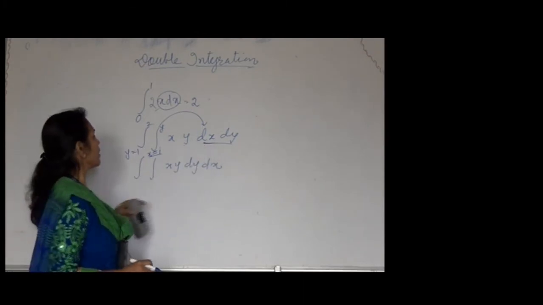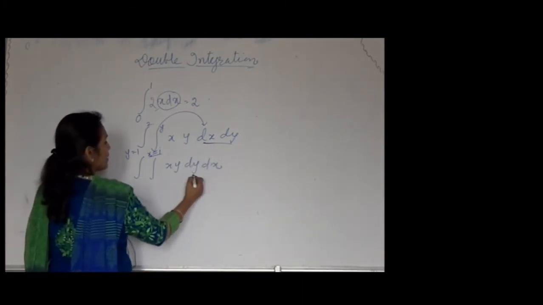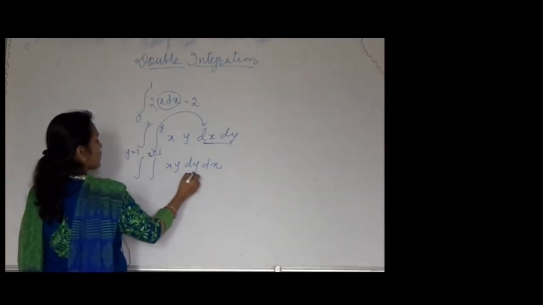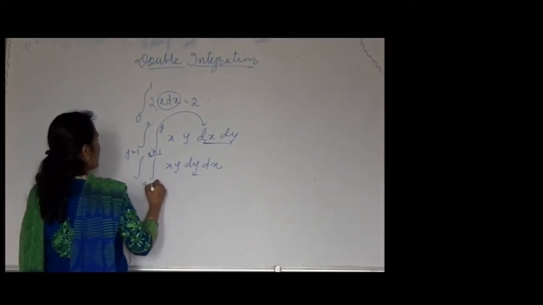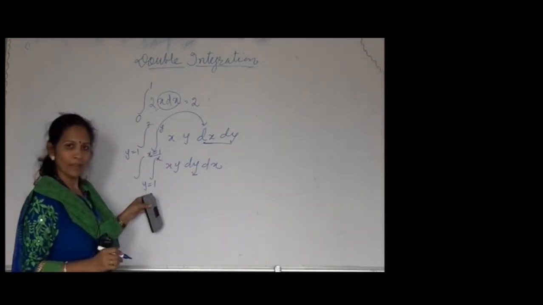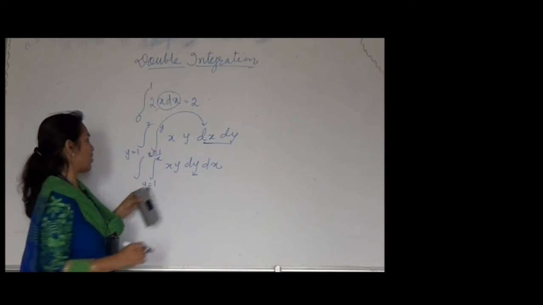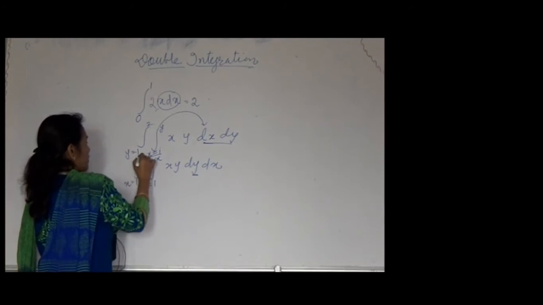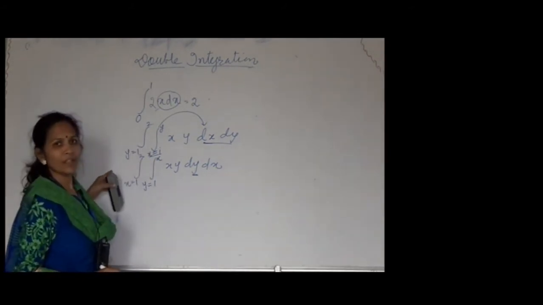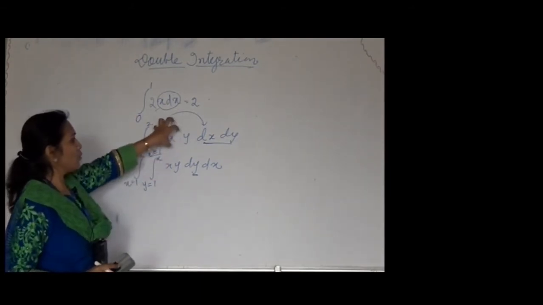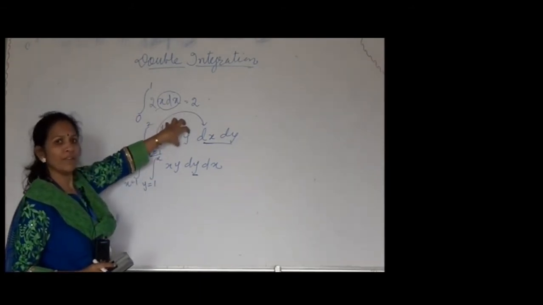But the same integral, if I write dy dx, if I have written dy first, then the integration is with respect to y, and the limits are 1 to x, meaning the inside limit is for y. Then the inside integral is related with dy, and the outside is for x. This is nothing but the concept of double integration, where we are integrating both variables x and y one by one.